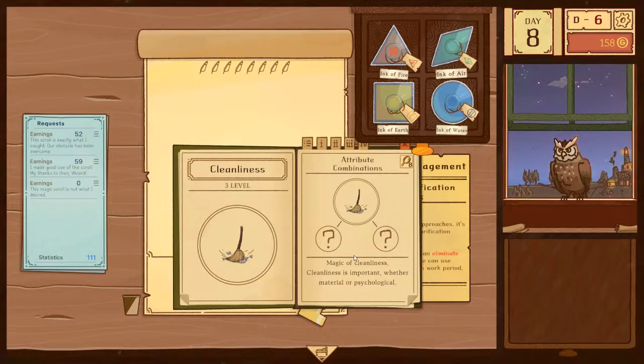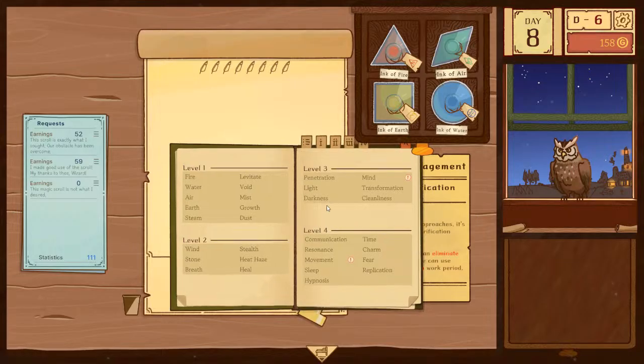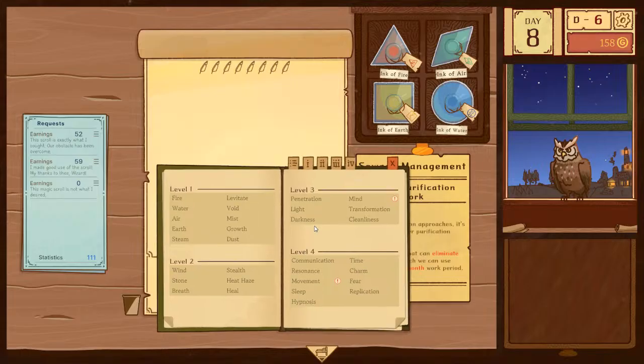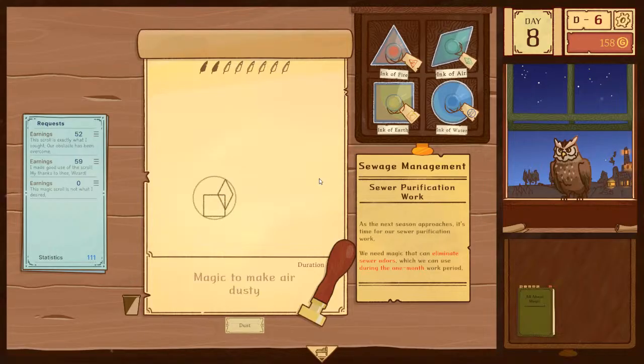Cleanliness magic. It's important word: material, physiological, psychological. No help. I'm gonna go with dust. Because you want to clean the dust, and what cleans the dust? Air cleans the dust.